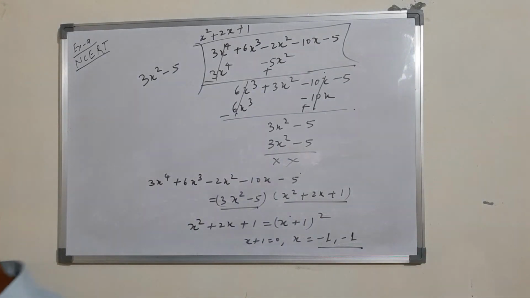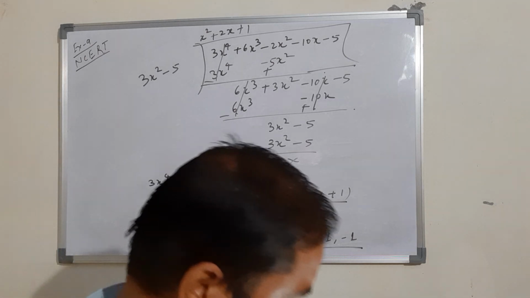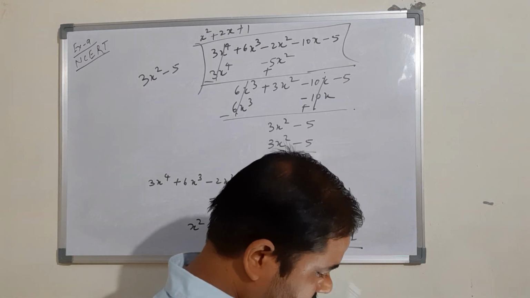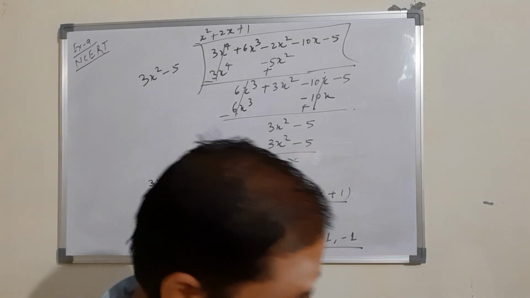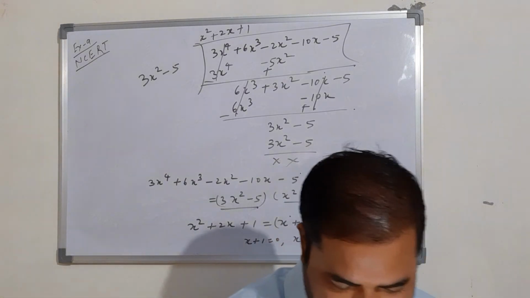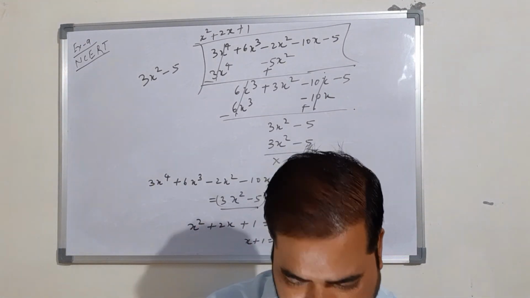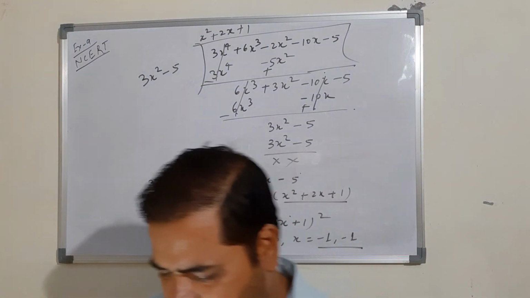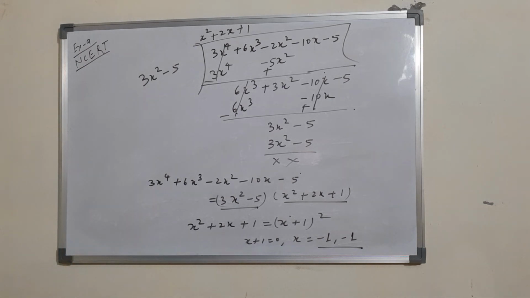Now next one we see. On dividing x cube minus 3x square. Next one. Yes, very good. If the zeros of the polynomial x cube minus 3x square plus x plus 1 are A minus B, A, A plus B, then find the values of A and B. So this is question number 3 from the optional exercise. Let us see.